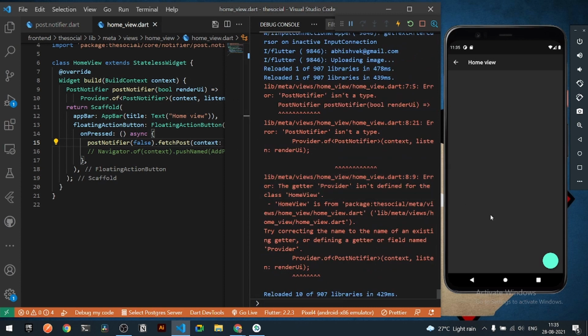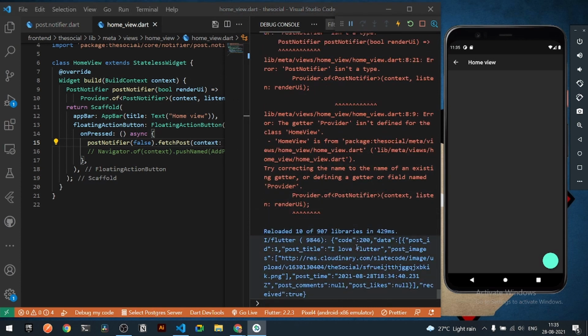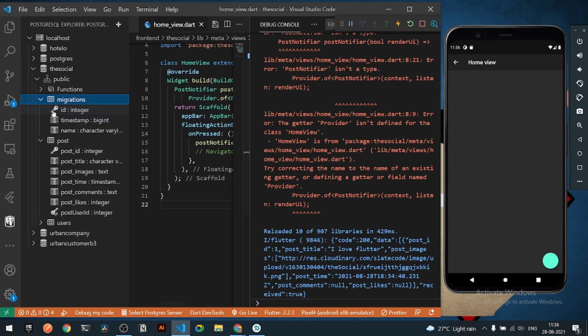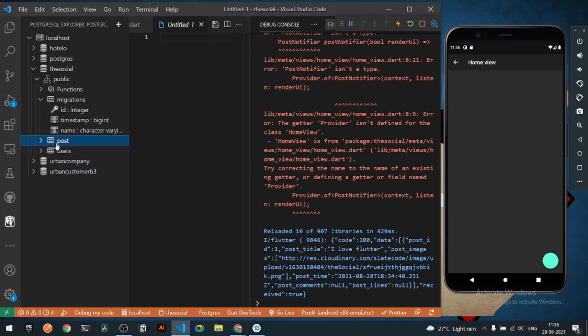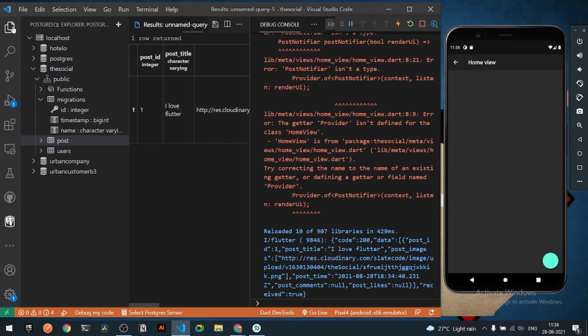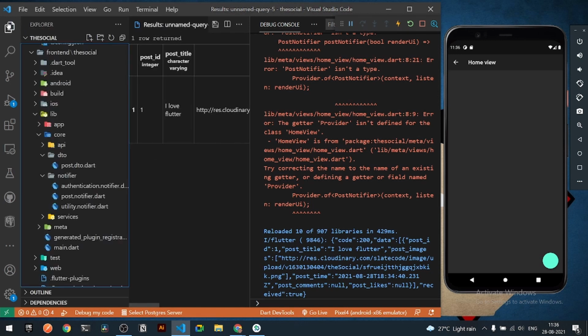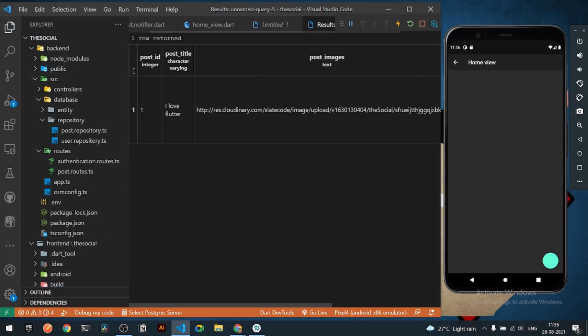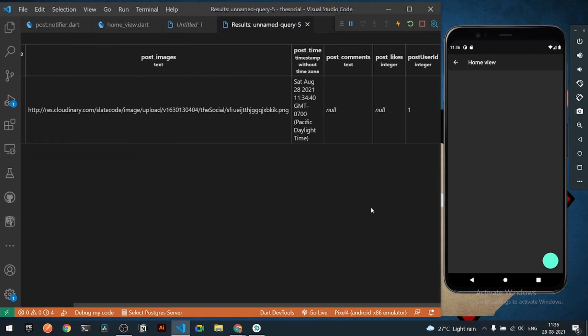So we should be able to print our entire data. I can print it on tap here, and you can see I will be getting the entire post that is available, right. Because for now we only have a single post of the user, because we have only a single post. If I show my database, let's refresh the items. If I open it out, you can see I got a single post, I love Flutter, the image URL, the image ID, the user ID, and that's it, right?